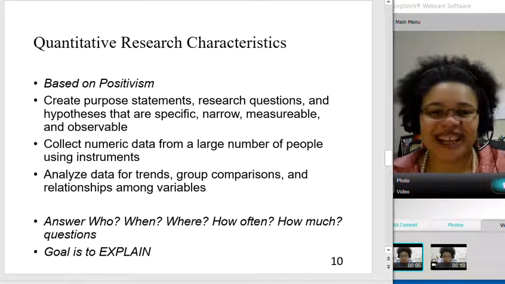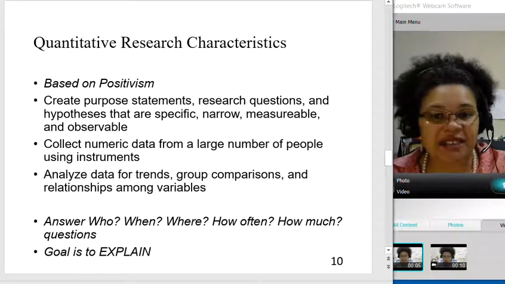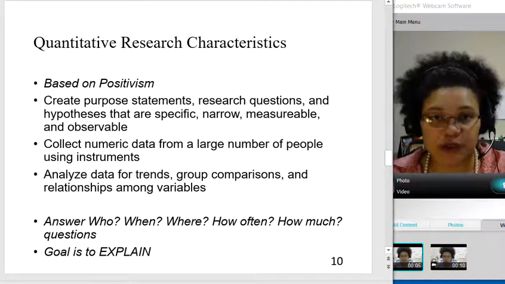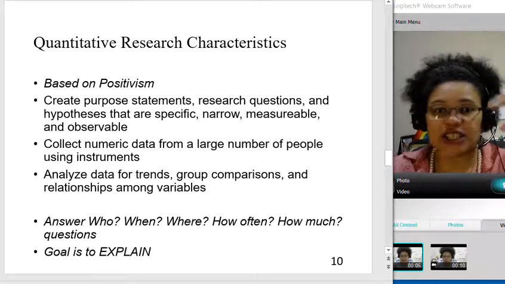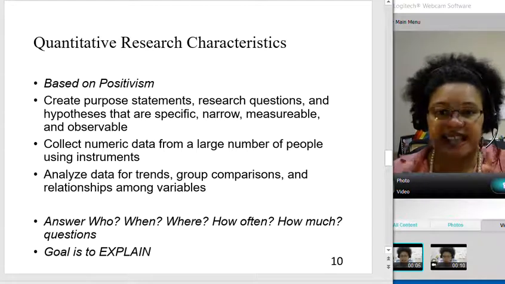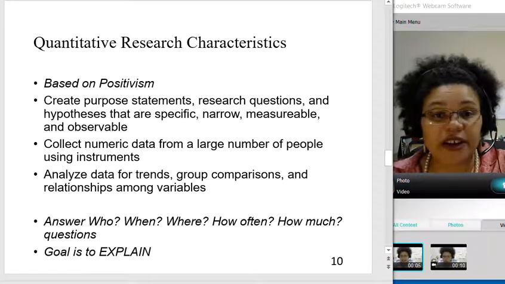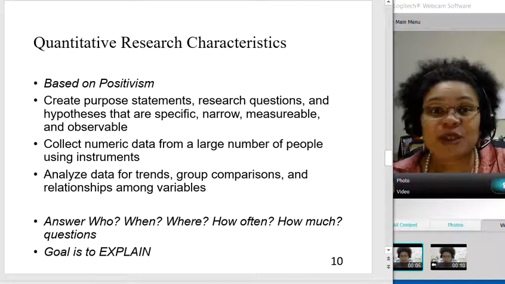Okay. So, quantitative research characteristics. Quantitative research is based on positivism. You create purpose statements, research questions, and hypotheses that are specific, narrow, measurable, and observable. So we're adding to this cumulative body of knowledge with these things that we can see and touch and count, right? So we're collecting numeric data from a large number of people using instruments, and by instruments, this again comes from this chemistry, physics,